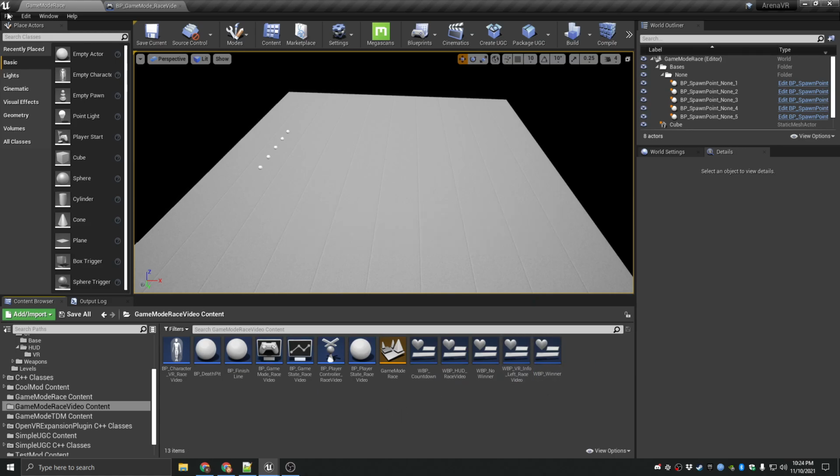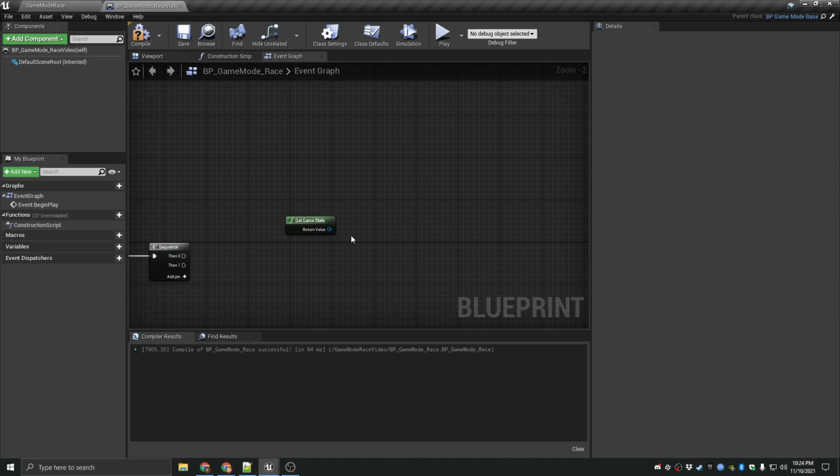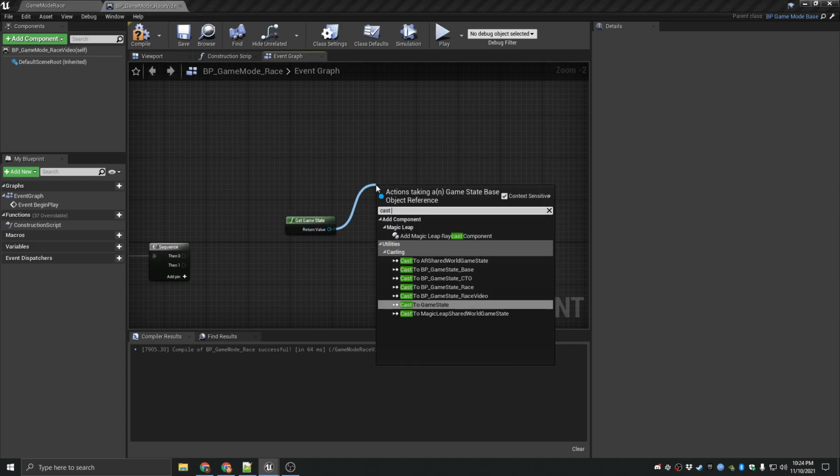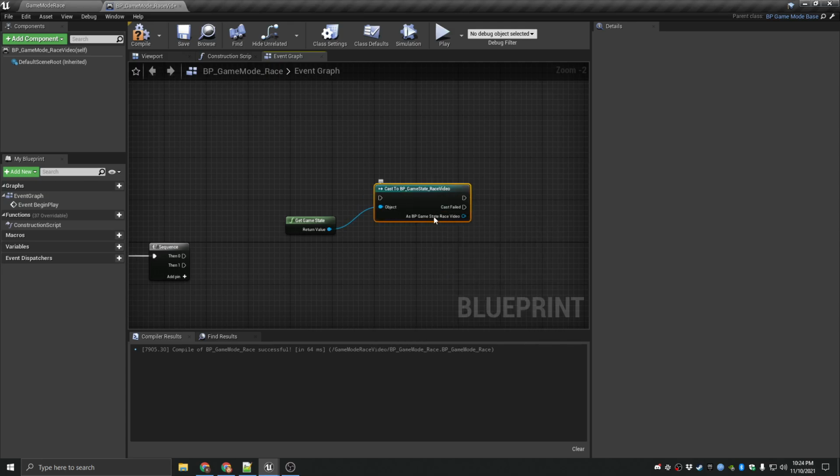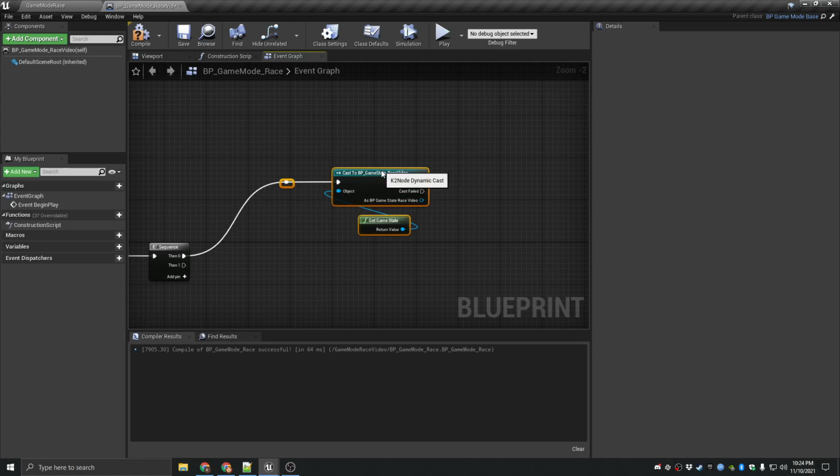So that should be okay for now. All right, so we're going to cast this to the new game state class that's in our mod kit here. So just connect that. So the reason we're doing this,